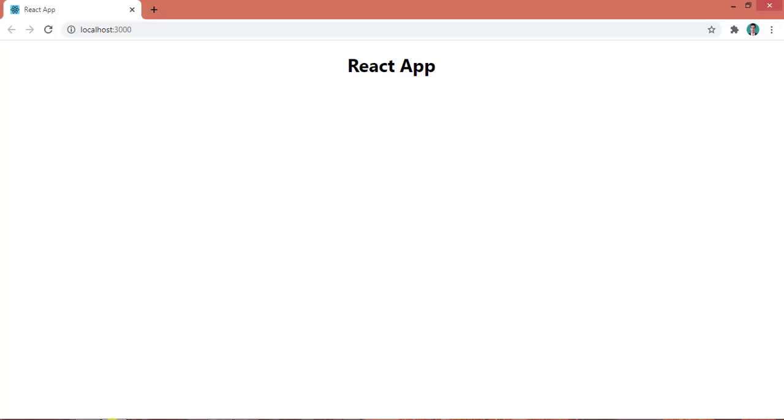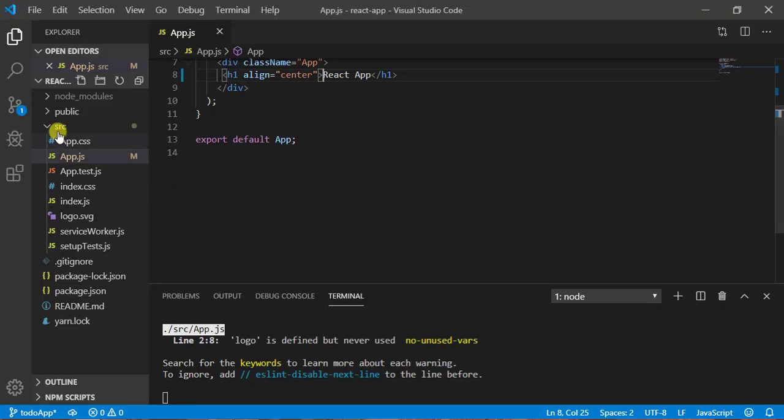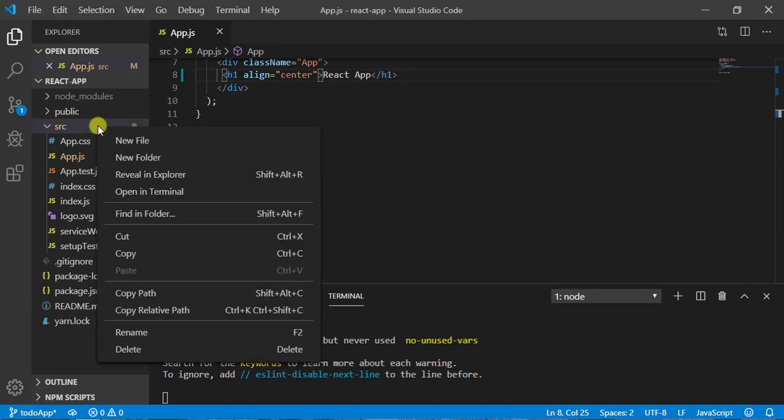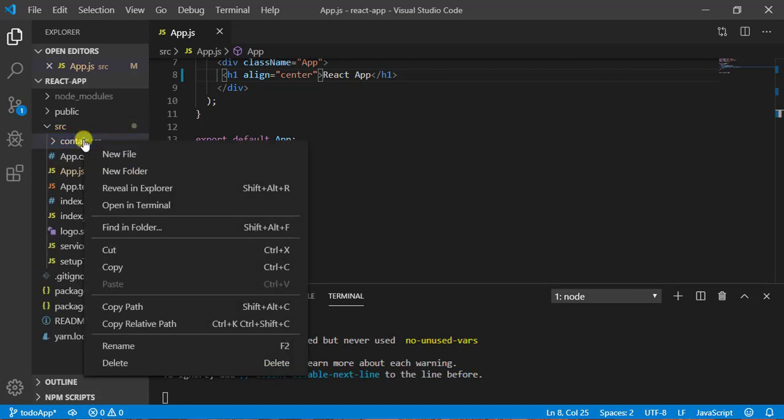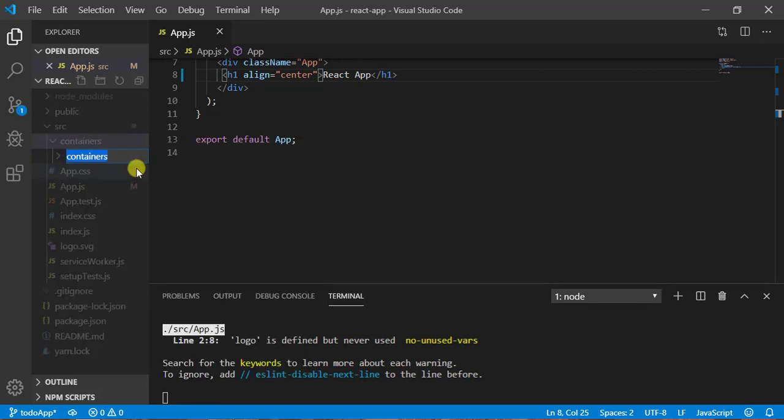Let's come to VS Code, and on src right click and select new folder and write containers. Now inside containers I will create a folder and call it todo container, and inside this I will create one file, index.js.